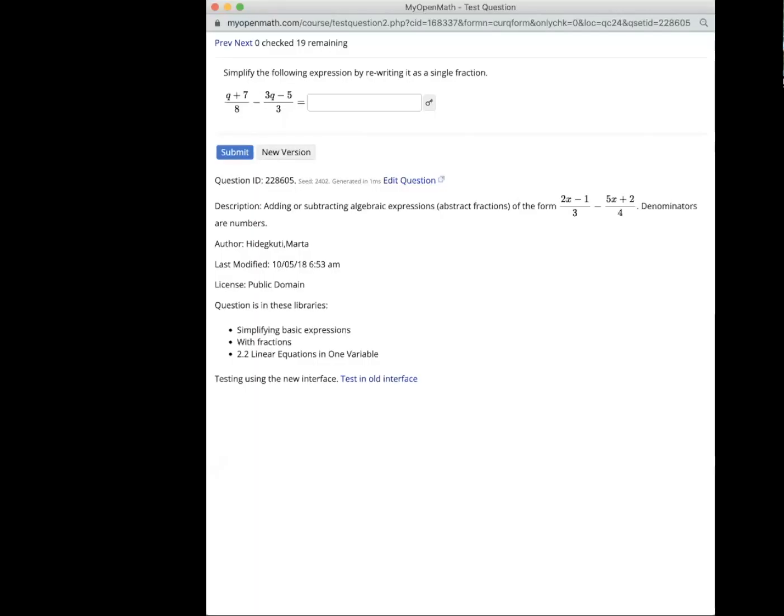So we have this algebraic expression that we have to simplify. These are basically fractions, but a little bit more abstract, because in the numerator, we see algebraic expressions, not just numbers. And later on, it's going to get worse. We're going to have algebraic expressions in the denominator as well. Right now, they are just numbers. So this problem is kind of typical to